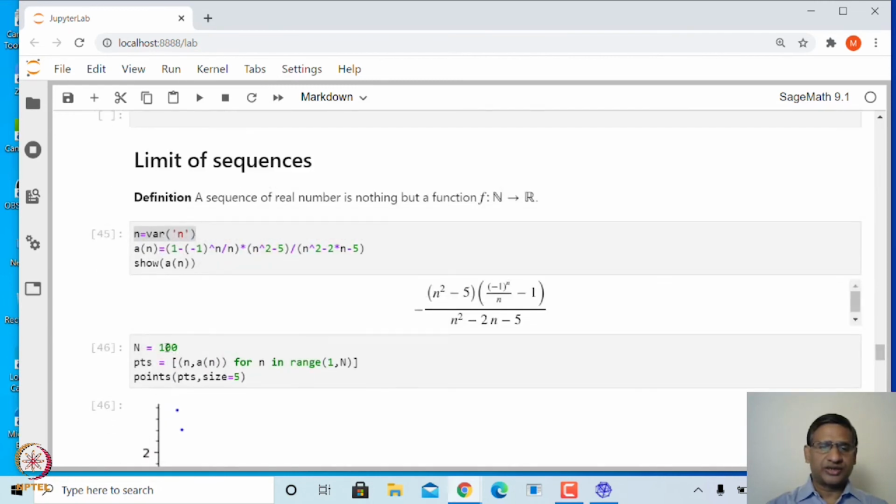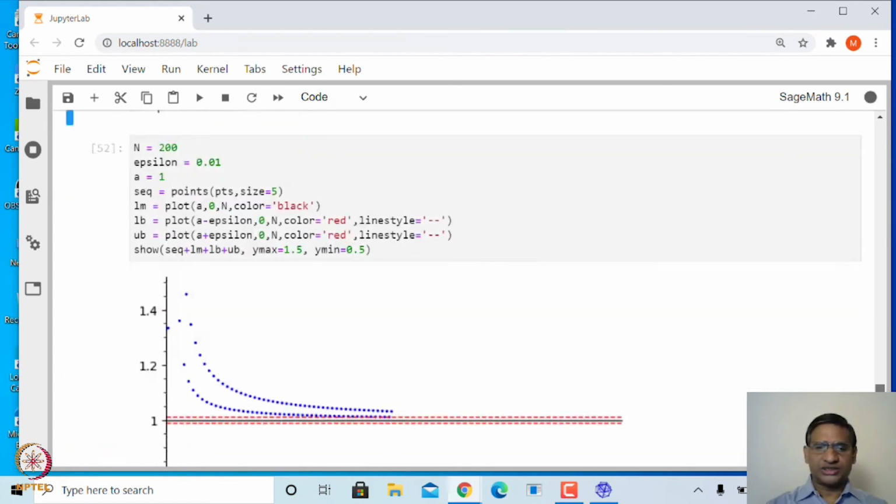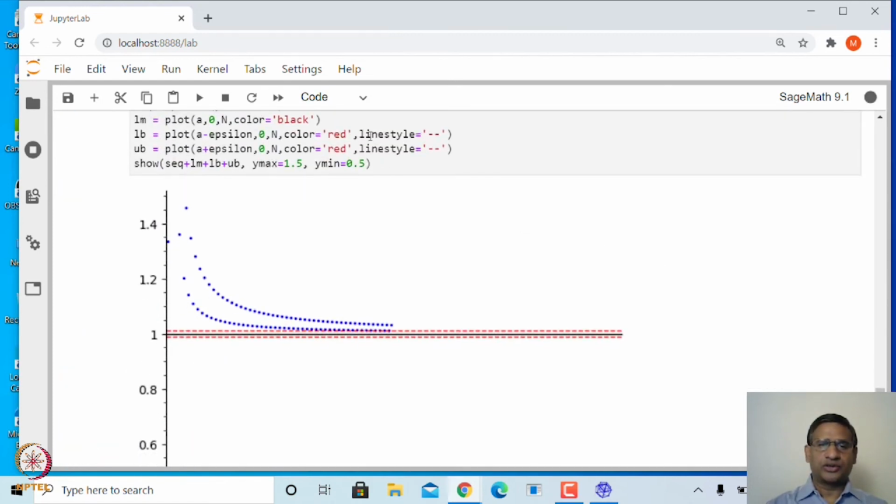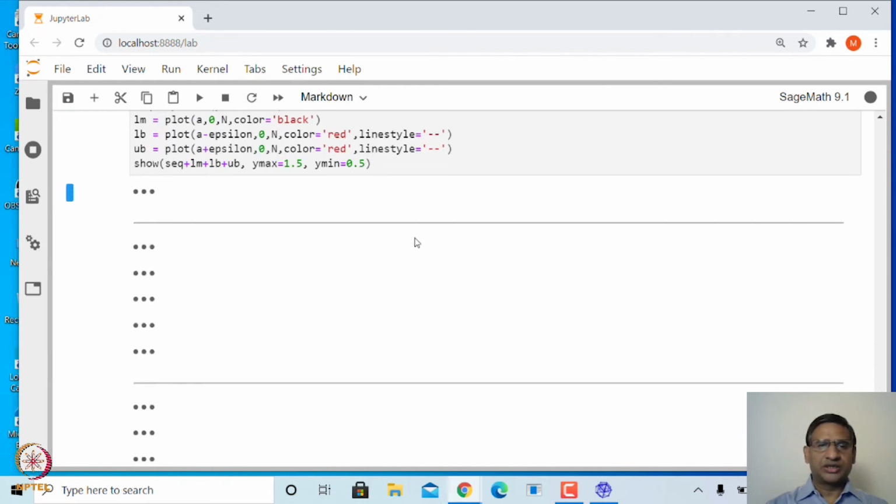So, let me say here 200. So, these are the 200 points which are generated. Now, let me plot this graph. So, when I plot this graph,